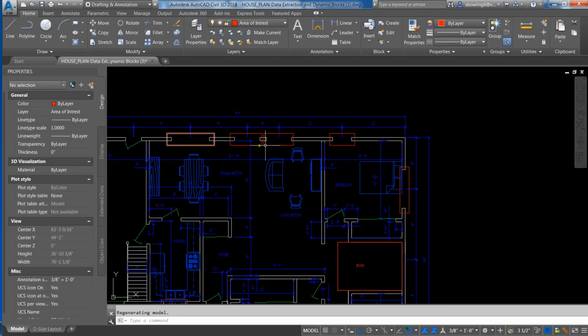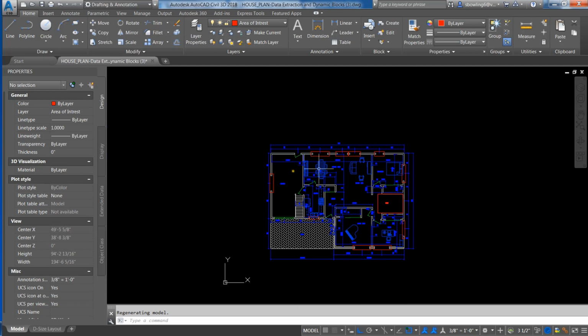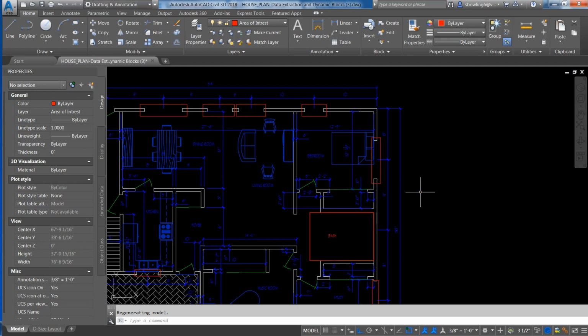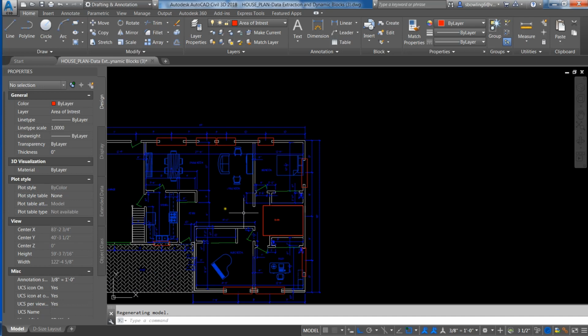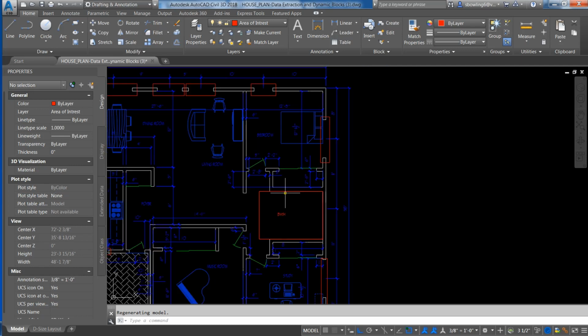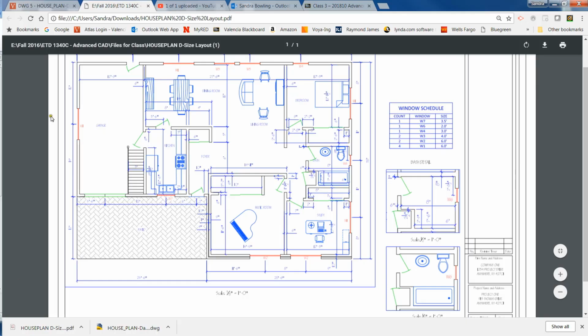In the areas of red up here along the sides of the building is where you're going to be constructing the dynamic block for the window. In the area here, you will be constructing the layout of the bath, and you'll also be dimensioning it. So you'll be required to create the layout of the bath, and it looks like this. The layout of the bath is going to end up looking like this,